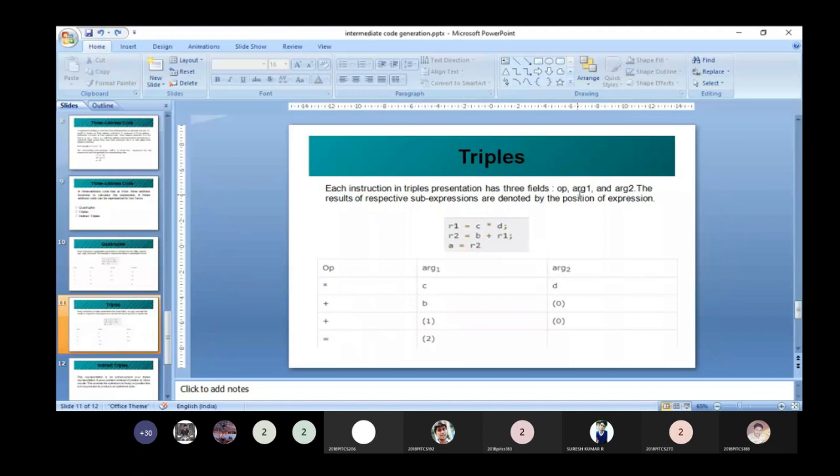Here, you notice we are not having a table to store the result. Plus is the operator in the second statement, and B is the variable, so you store B in argument 1.